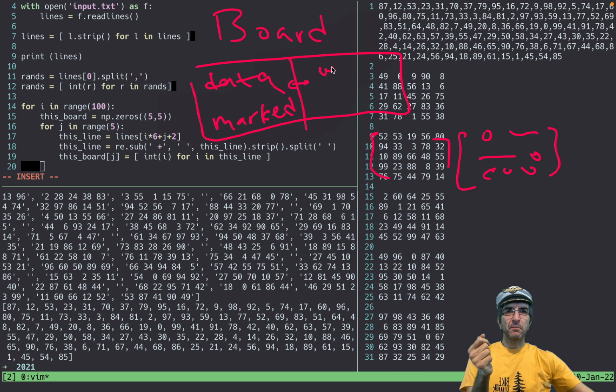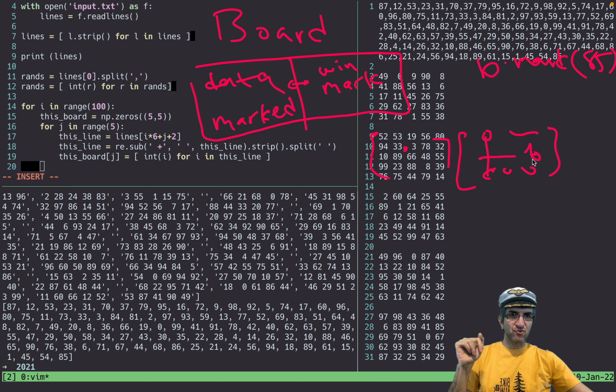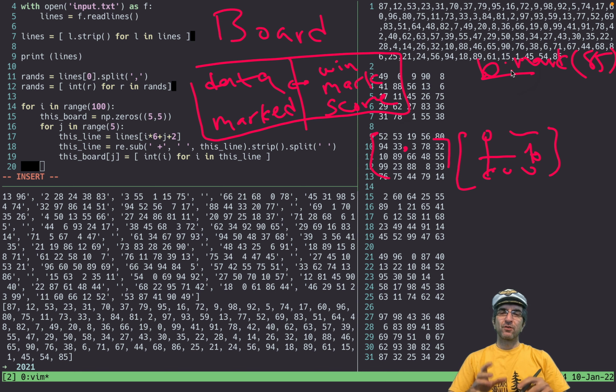Our methods can be win, if this board is a winner. So if I want to do this, I have to check if everything is 1 in one of the rows or columns. Mark, which marks one number. Say, okay, on this board, for example, I say B mark 85. And it will search if there is an 85 here, and it will change this to 1. And score, which returns back the score of a board.